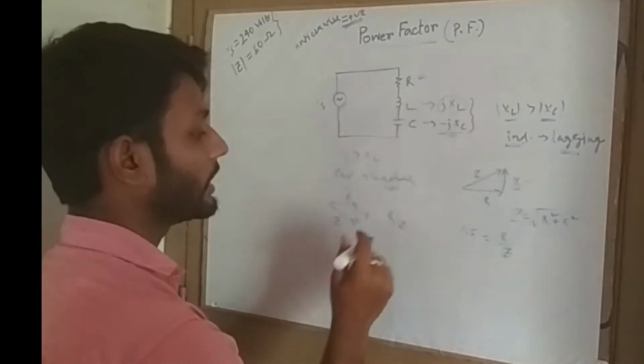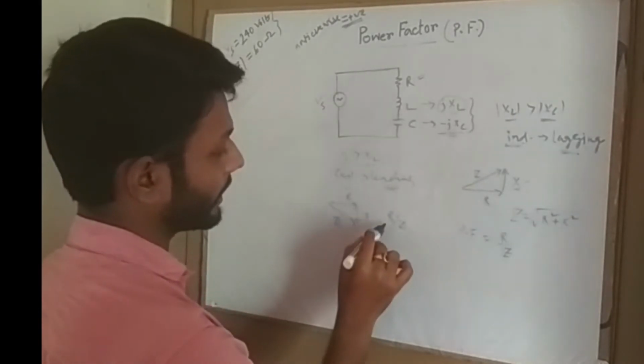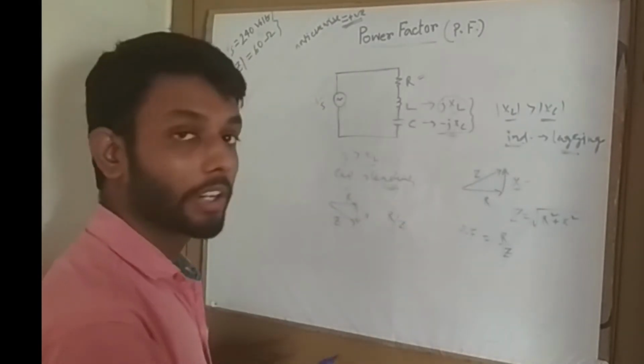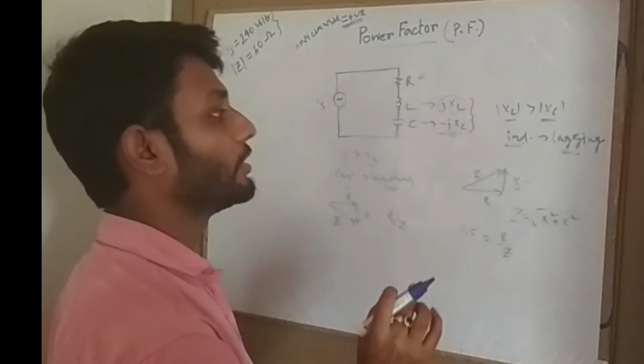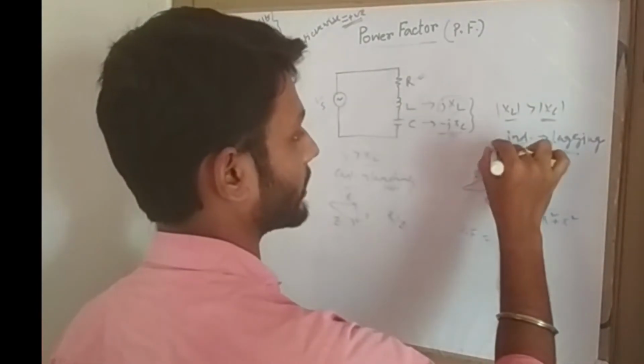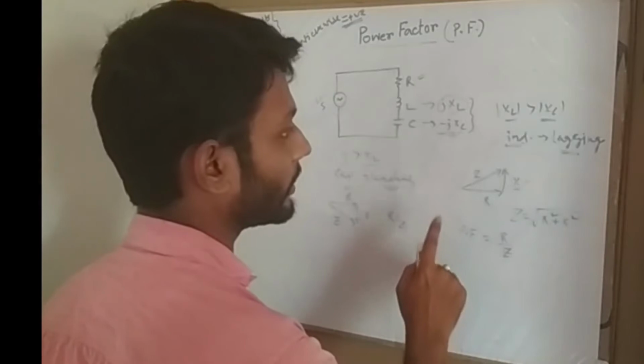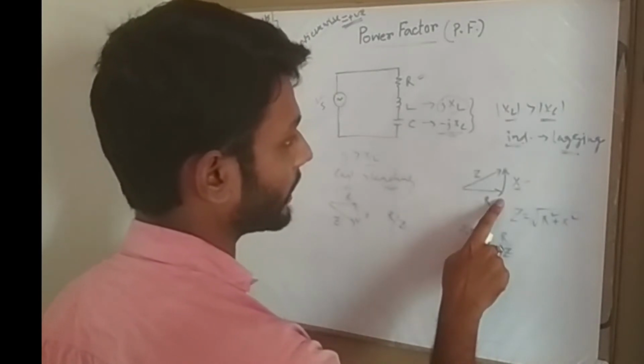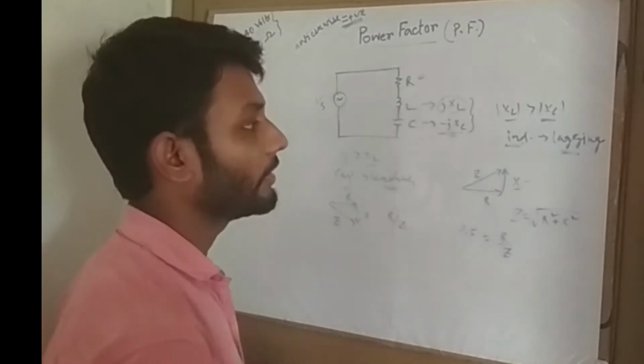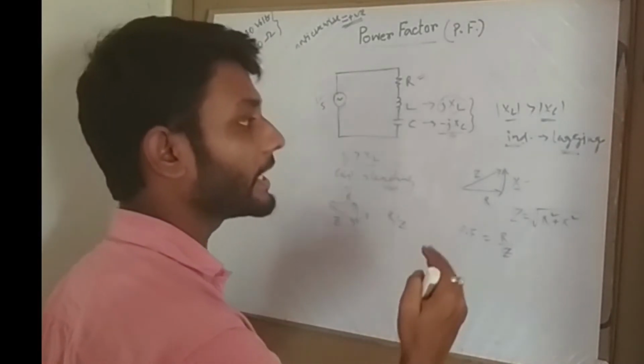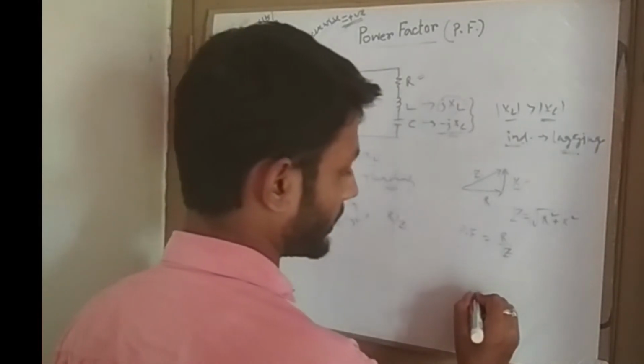And we will find out the power factor value in this way, R divided by Z. Suppose the circuit is inductive in nature. For the impedance triangle, we have seen how we will find the power factor. And in case of the power triangle, if we see,